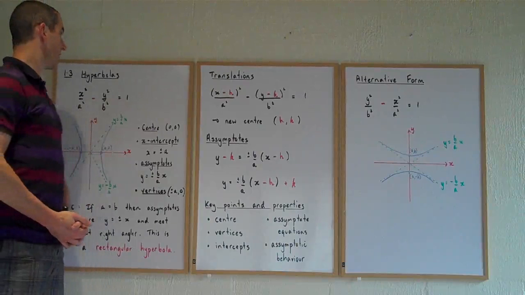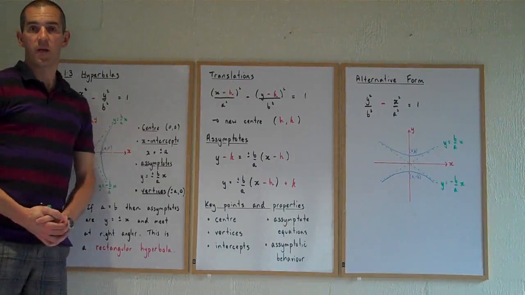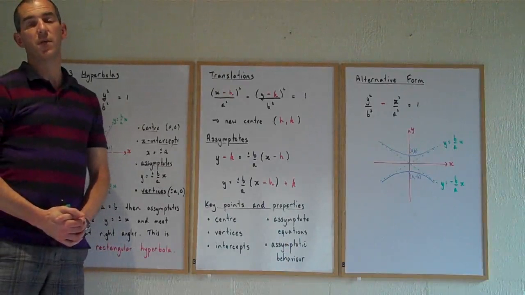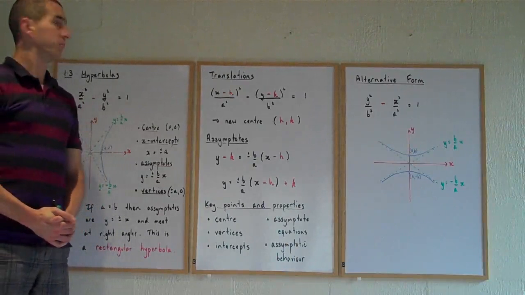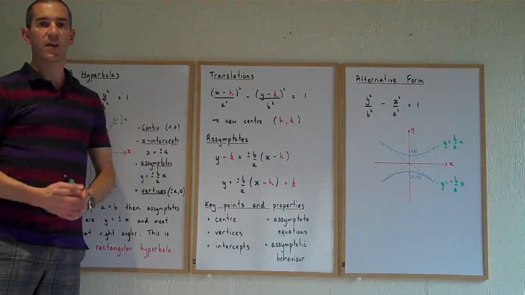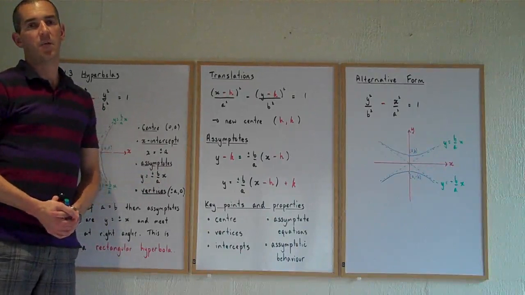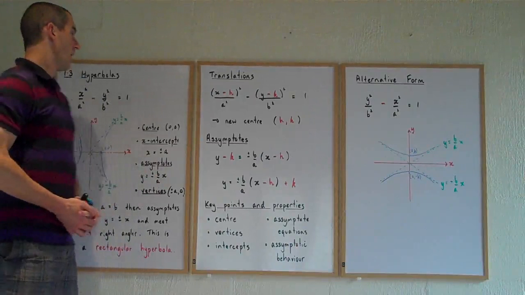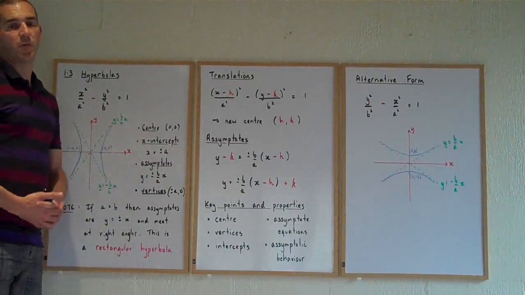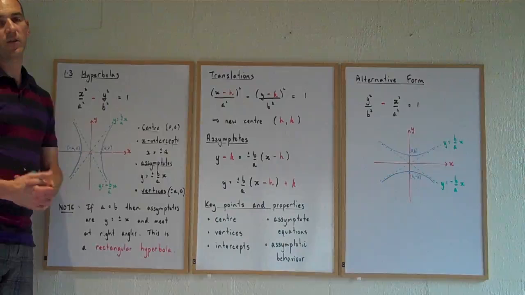Circles, ellipses, and now hyperbolas. You will have met hyperbolas in Year 11 Math Methods, Units 1 and 2. The simple form y equals 1 over x, where you get an asymptote, and the reasons behind that asymptote. We'll now move on to a slightly different type of hyperbola, but it's still one with asymptotes and equations that